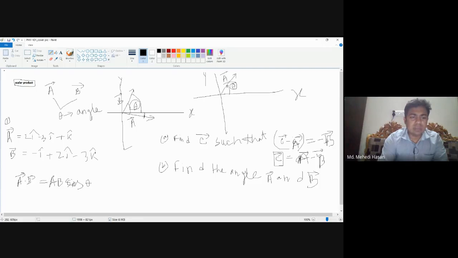So here A and B represent the magnitudes of vectors A and B, and theta represents the angle between vectors A and B, and this is the scalar product or dot product A dot B. Okay, so from this you can easily find theta equal to cos inverse of A dot B divided by AB, because we can easily find A dot B, since vectors A and B are given in unit vector notation, and from this we can also find the magnitudes A and B. Okay, so this is question number B, and say question number C is given: